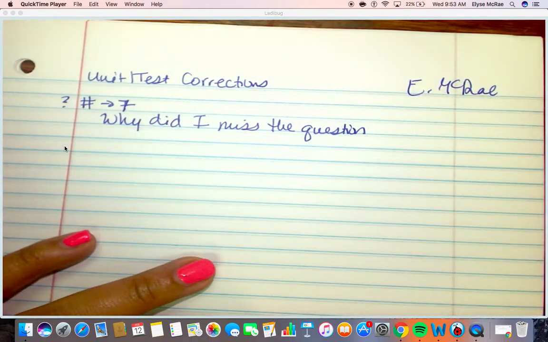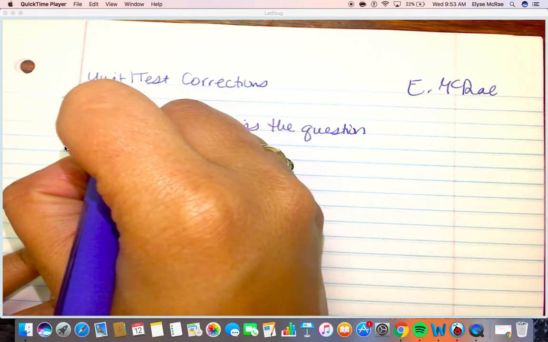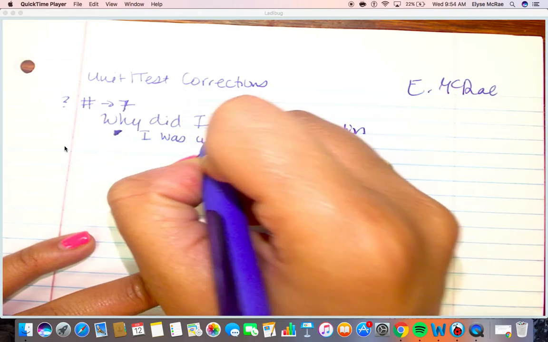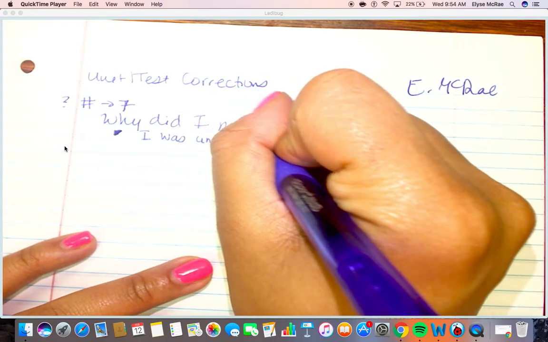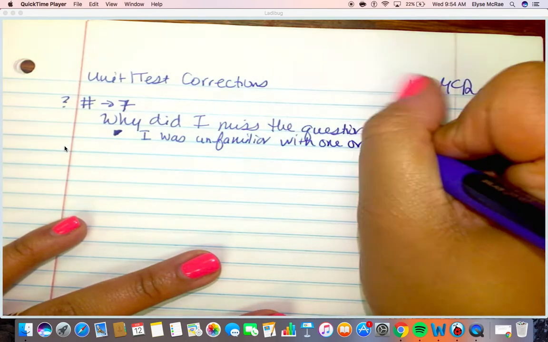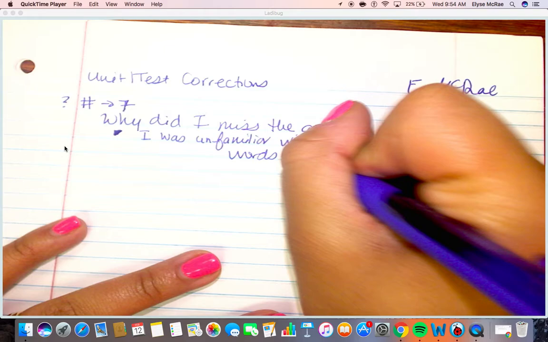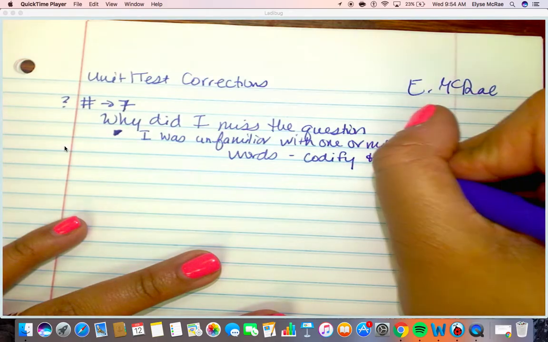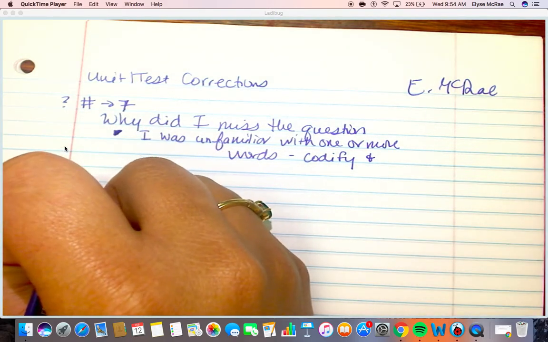So one thing that I know that I didn't do with one of my document questions is I didn't know some of the words. So I'm going to put a bullet point here and put, I was unfamiliar with one or more words. Codify. And then I will